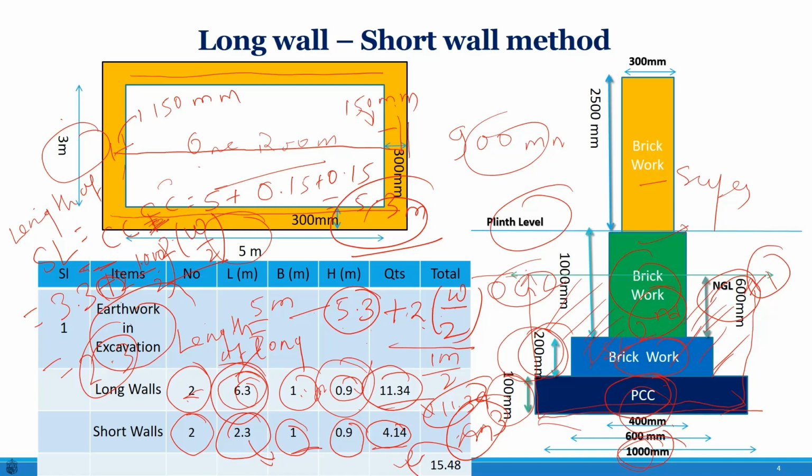Let's say you might have two, three, four types of long wall and short wall, because you are dealing with different buildings. Maybe the internal dimensions of the different buildings are different, the internal dimensions of the rooms are different. So based